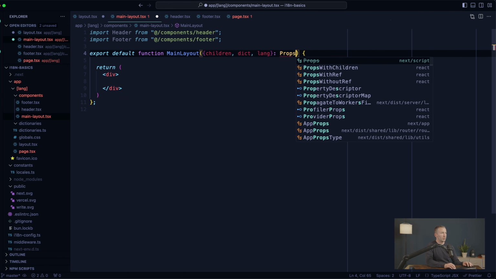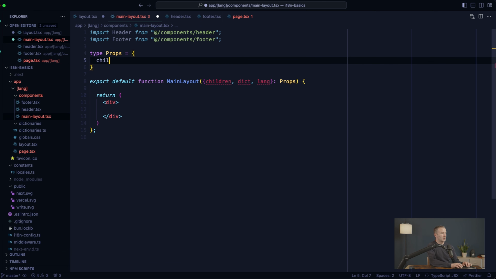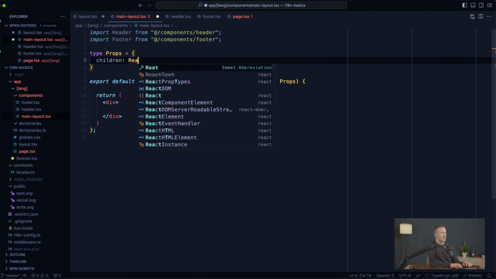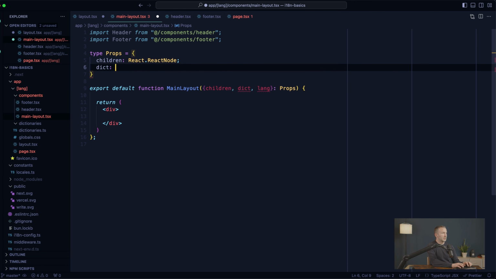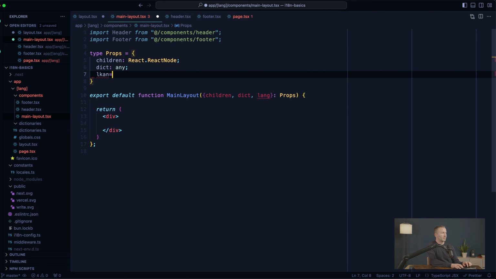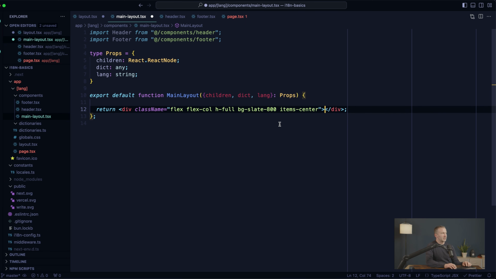We're going to call it props. Children, another React.ReactNode. Dict, we're leaving as any for the time being. Lang is a string. Okay, then for the markup, I'm just going to replace this div with one with a